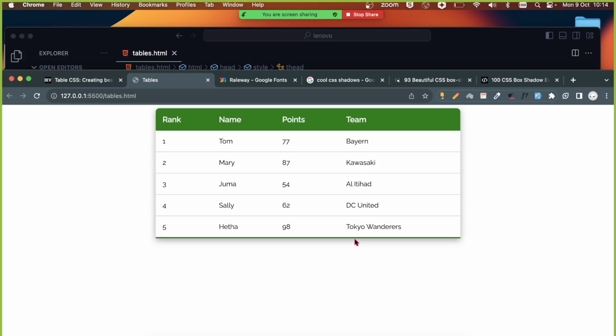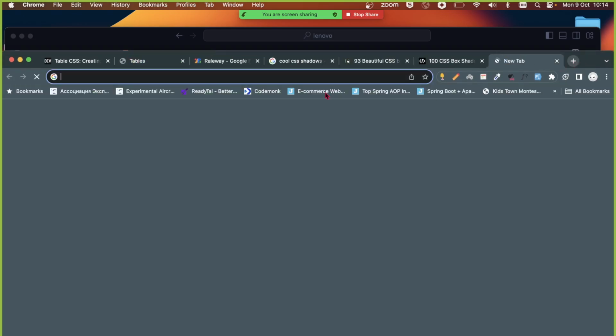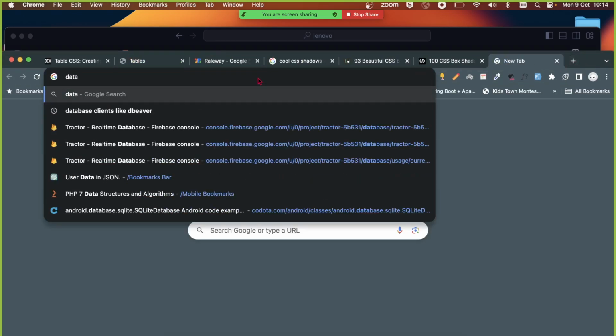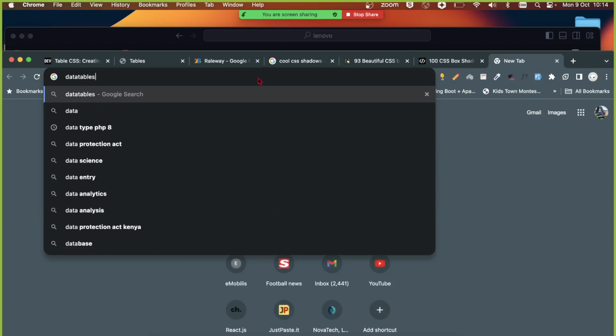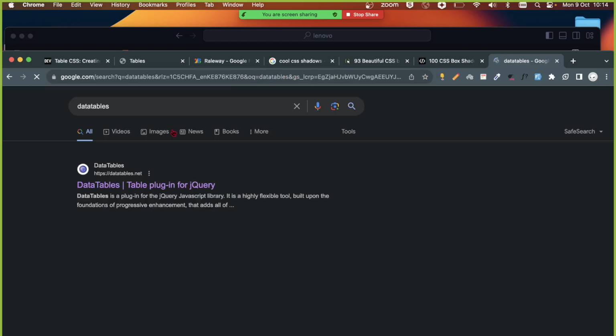Fortunately for you, you don't even really need to crack your head and do that. It's already implemented. So I'm showing you something that's already implemented. You just plug it into your code and everything just works magically. If you want your table to be searchable, let me show you what I'm talking about. So data tables, if you want this effect here,